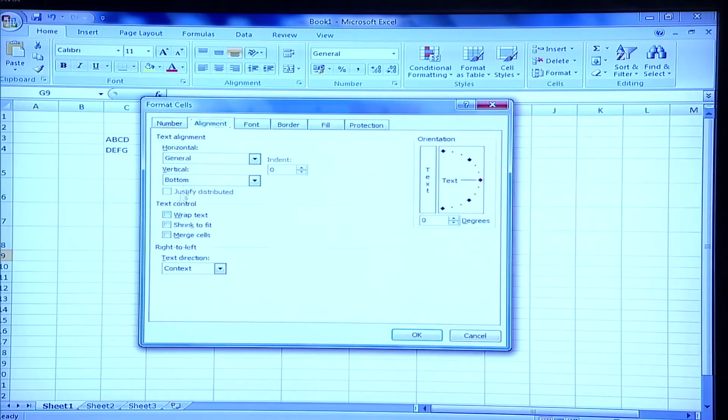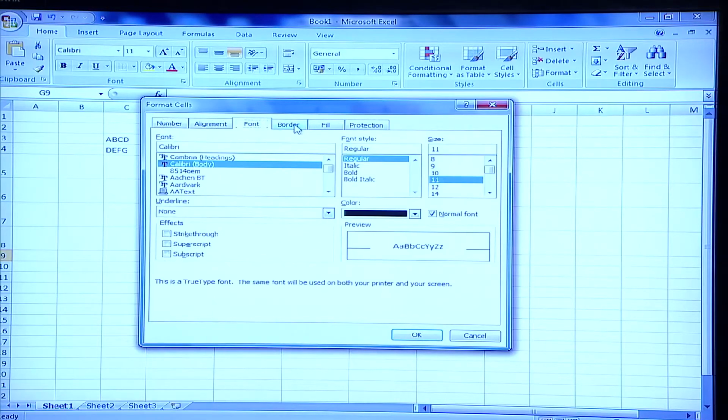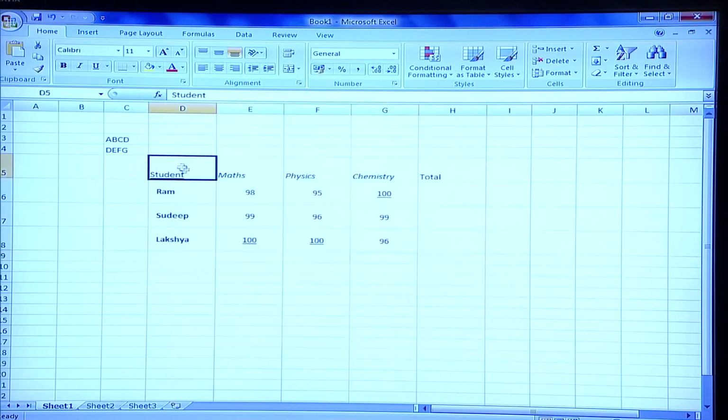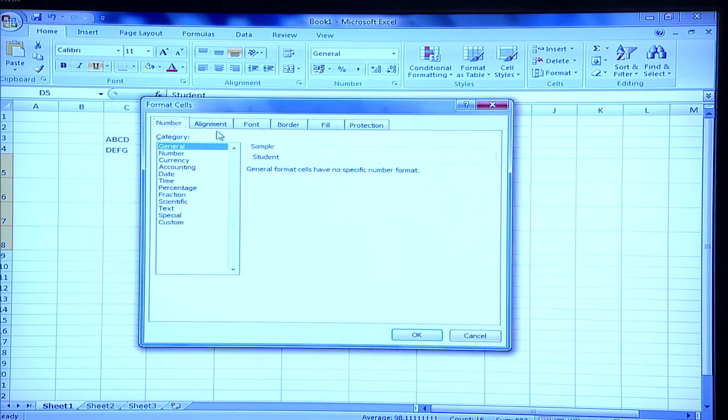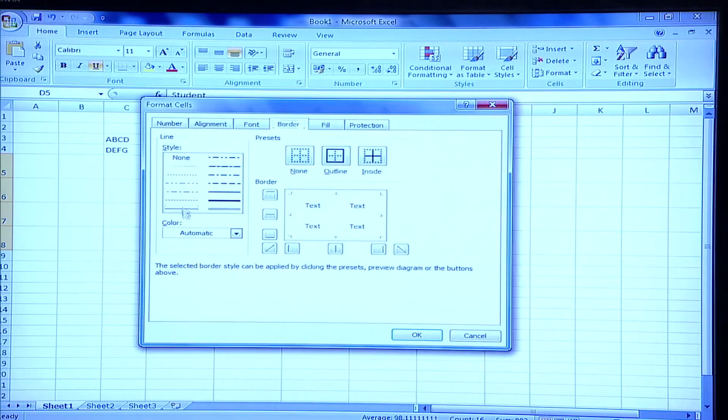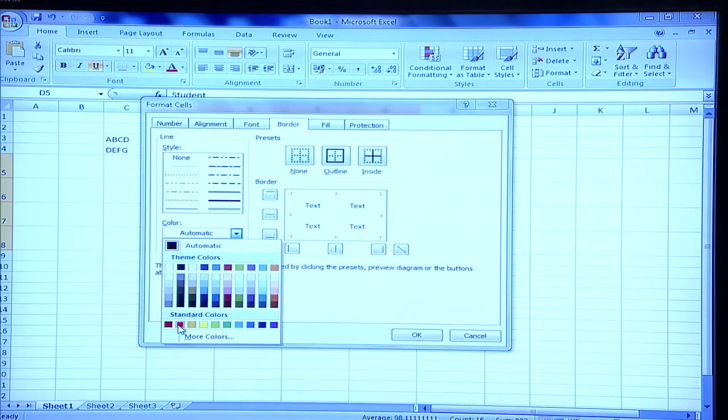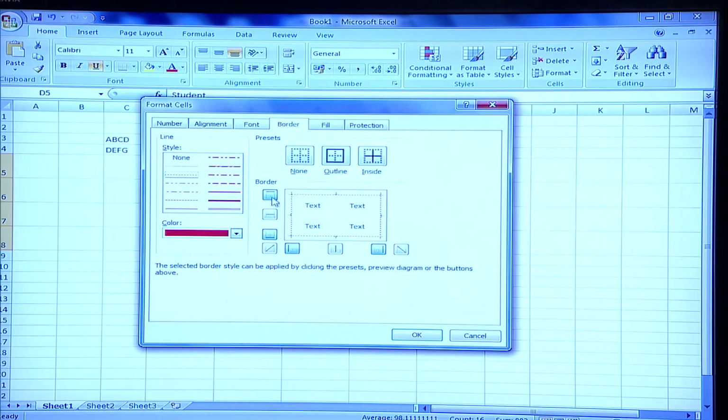So alignment we already covered, font we already covered. So I am going to the border. The simple way to make your worksheet is using the border tab here in this ribbon, but you can also do this through this dialog, in which you can select various types of borders available. Let's say you want to make sure that all the grid cells have this dashed border, and you want to make it appear in any color, you can use the color. So your border will come in this color, and you want to make sure that your complete cells should have this particular border. Then you have to select the border.